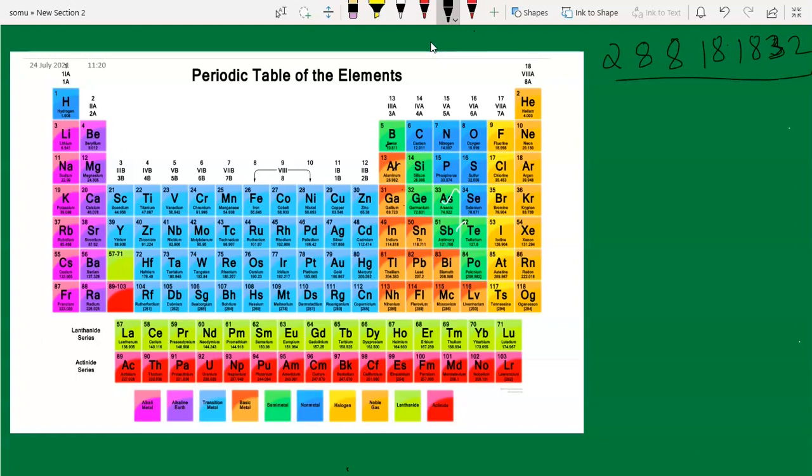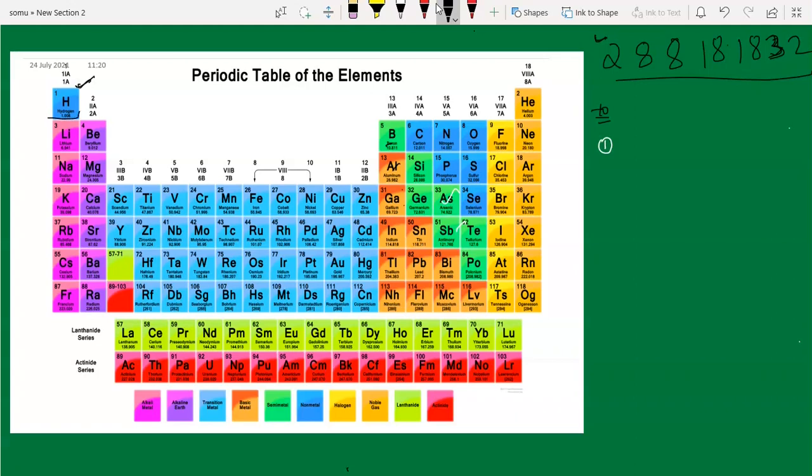But to use this magical number, you have to follow some steps. First step: suppose you are going to find out the atomic number of a first group element. To use this magic number, you have to find out the number of elements present in that group